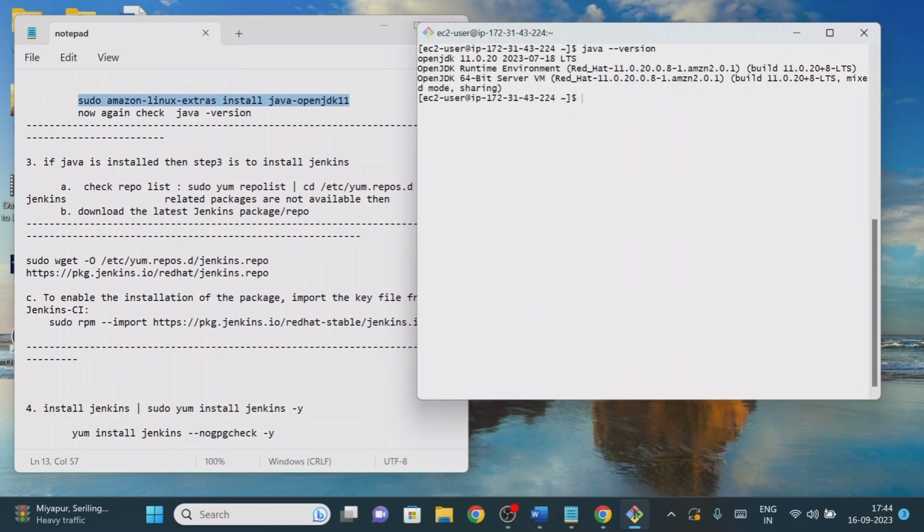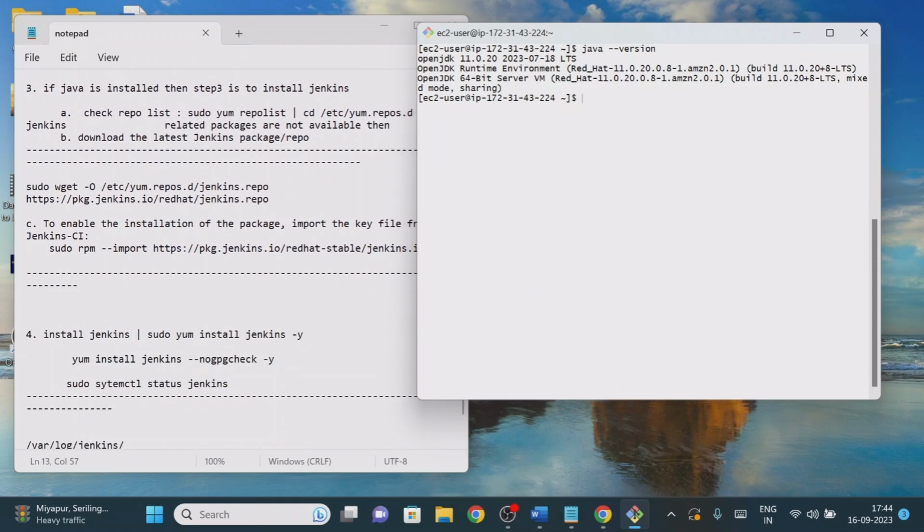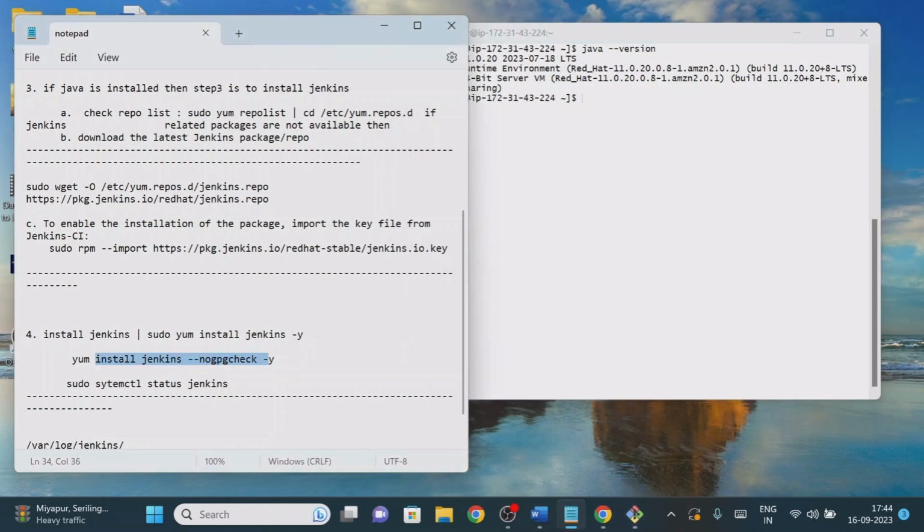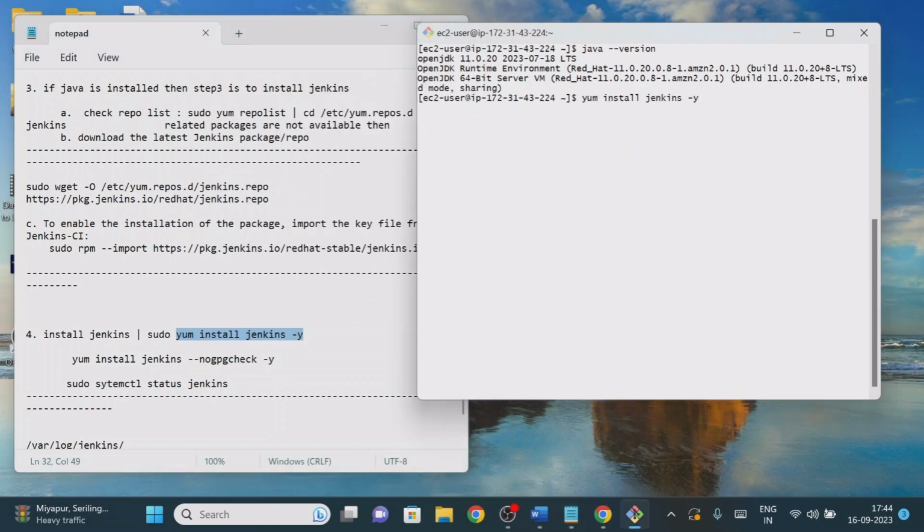What is the command to install Jenkins? First, we are under the EC2 user, right? But if we are not using sudo, then what will happen? We'll see. What is the command to use? yum install jenkins. Yum is the package manager name. By using this we are going to install Jenkins. So yum install jenkins. What it is telling here is you need to be root to perform this command.